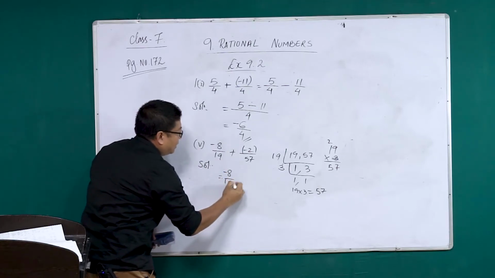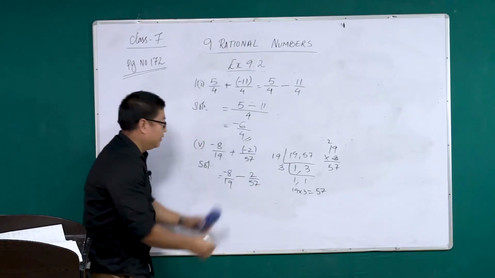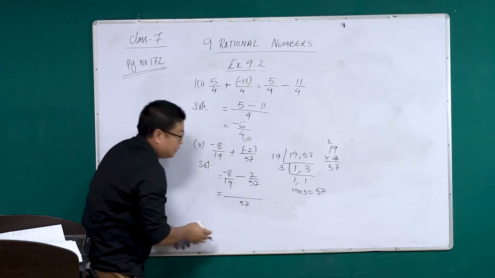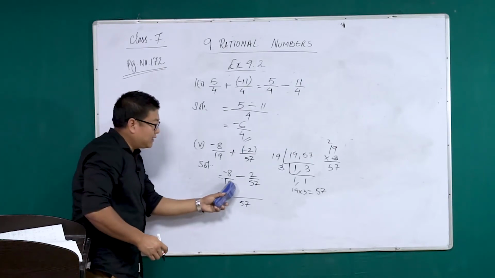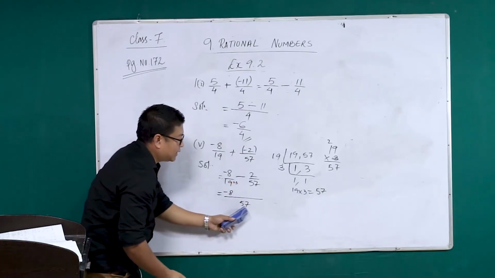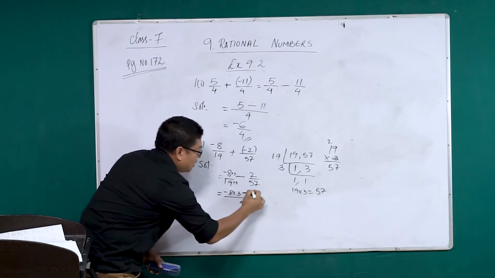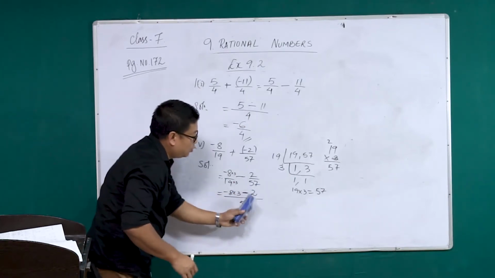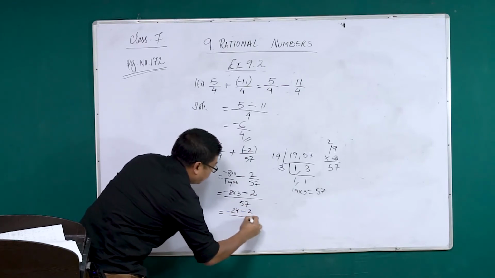Before you do that, let's look at this. Minus 8 by 19, plus into minus, minus 2 by 57. I hope this part is clear. Now, you take 57 as common, and minus 8. Now, this is 19 and this is 57. To make this 57, I multiplied with 3. So here I multiply with 3, it became 57. Here also I have to multiply with 3. That means like this. And minus 2. 57 is already 57 here. So in these two, no change will be there. This will become minus 24 minus 2 by 57.